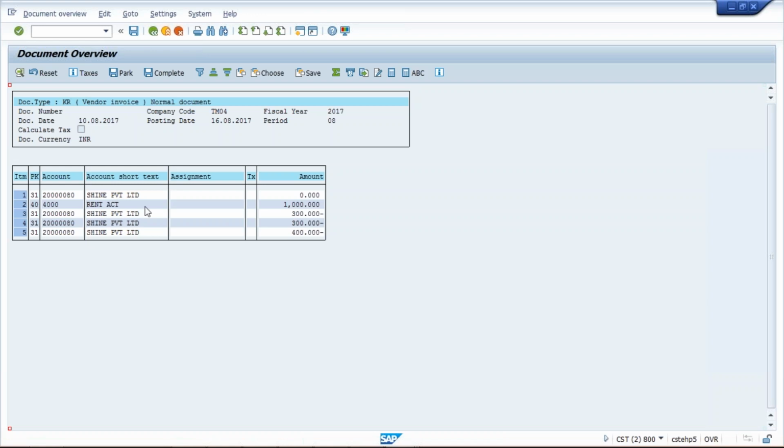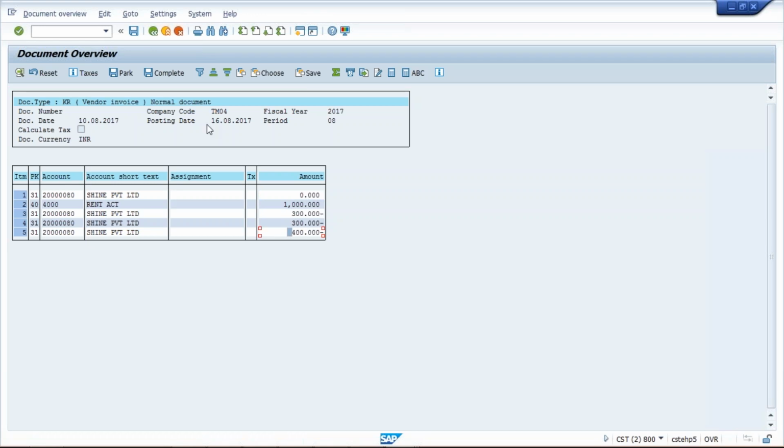So we have created 3 installment terms of payment. So whatever the real amount is there for this vendor, that is 1000, now system is going to split here. System has split those amounts. First one 300, second one is 300, and third installment is